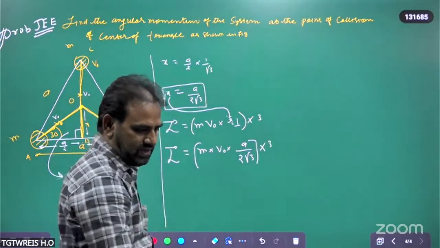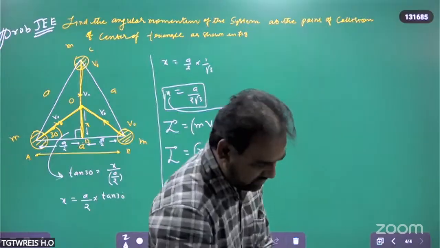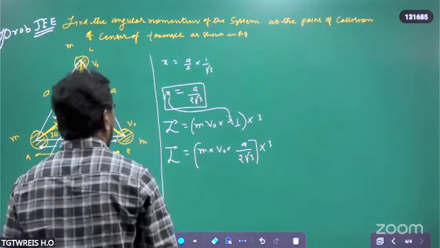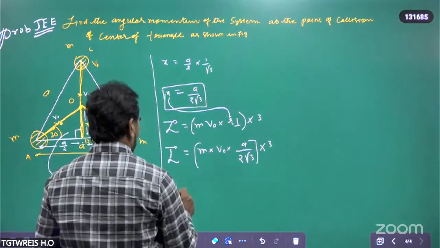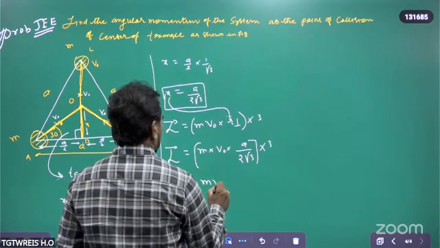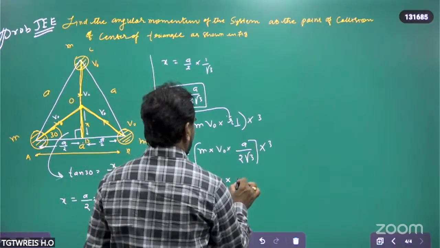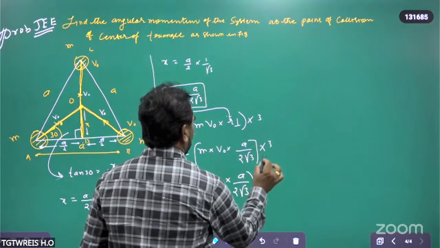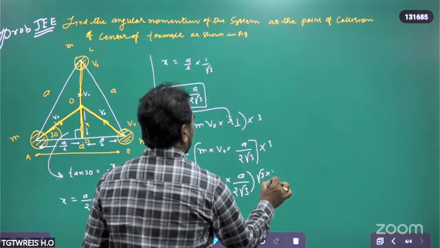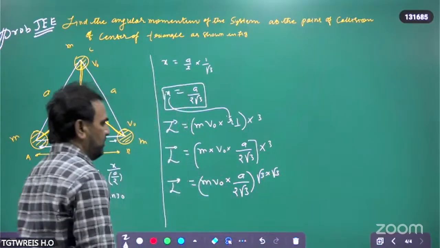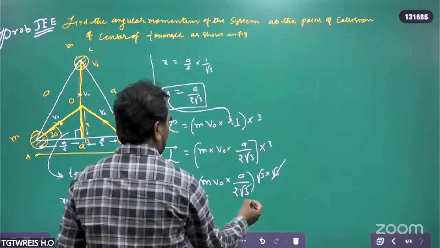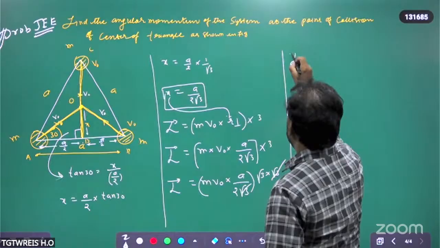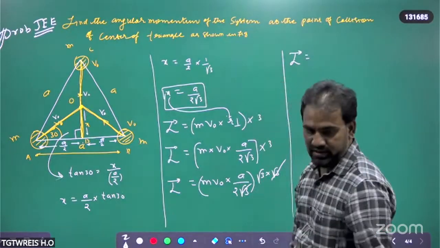So L is equal to m V0 into a upon 2 root 3, into 3. I write this 3 in the form of root 3 into root 3. One root 3 gets cancelled out. Therefore, what is the value of L? The angular momentum is given by